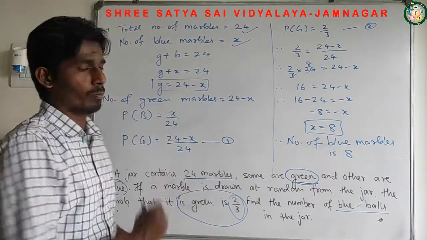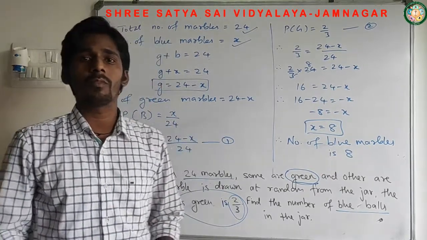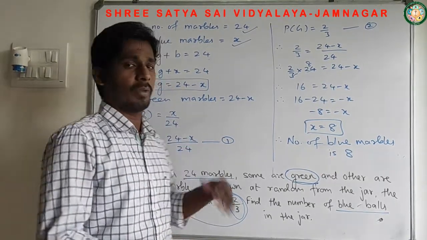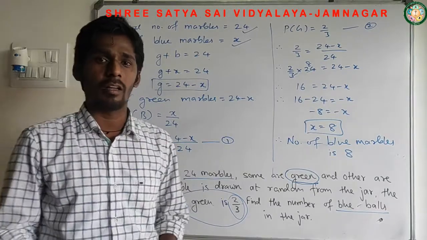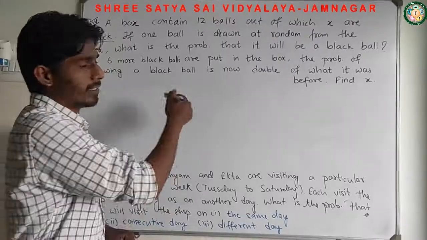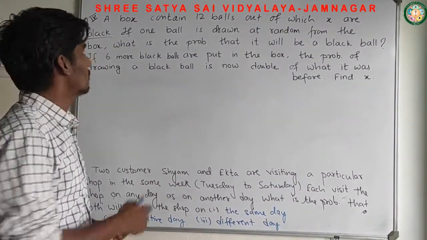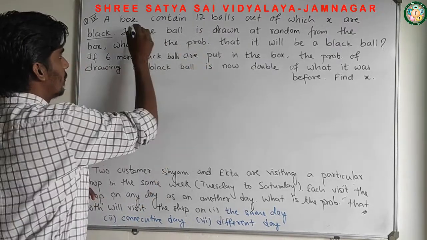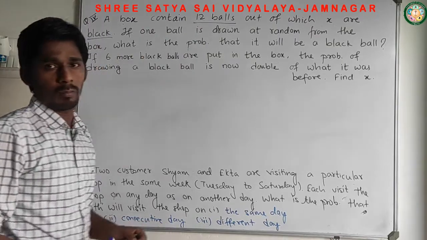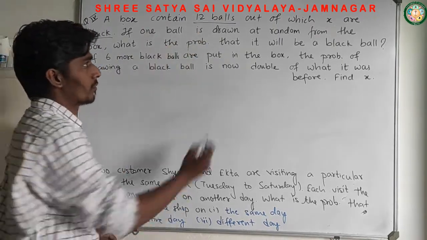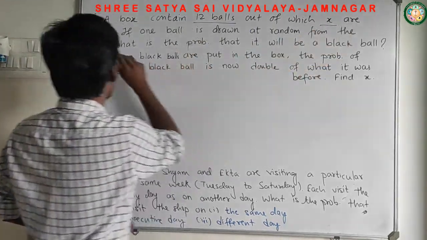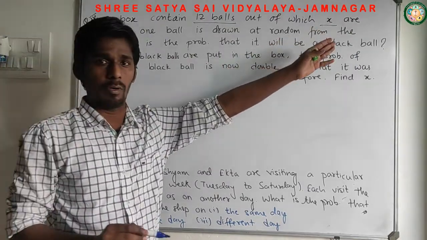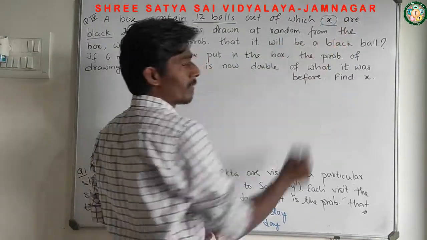So this is the way we can solve this. What is new in both these questions is that we have to suppose some variables, and from the variable we get the number of marbles or balls. Let's start with our next example of 15.2, that is the fourth one. A box contains 12 balls. So definitely, overall how many balls are there in the box? 12 balls, out of which X are black. We don't know the number of black balls, but it is given in the form of a variable.